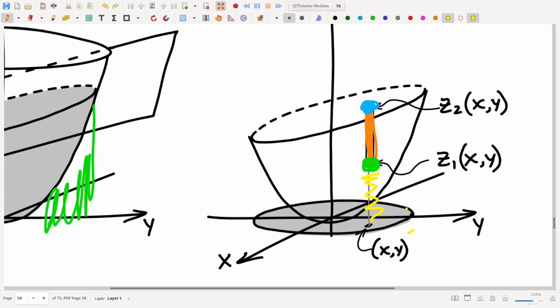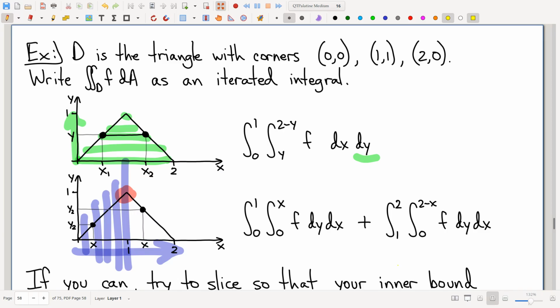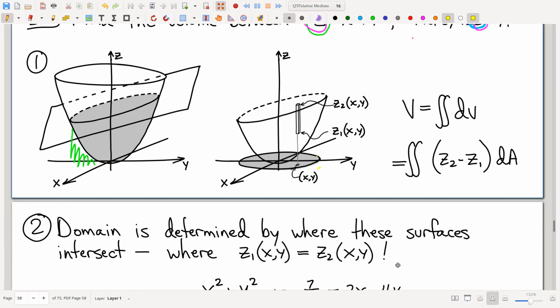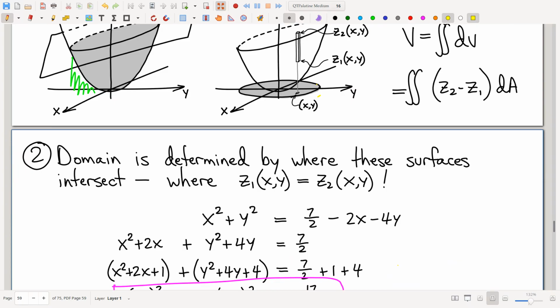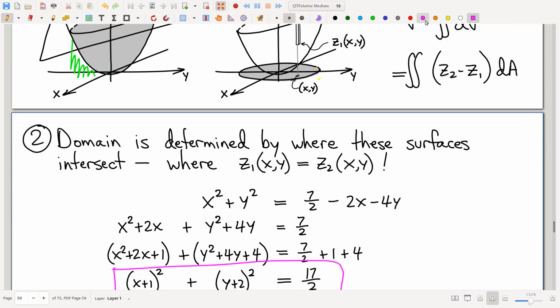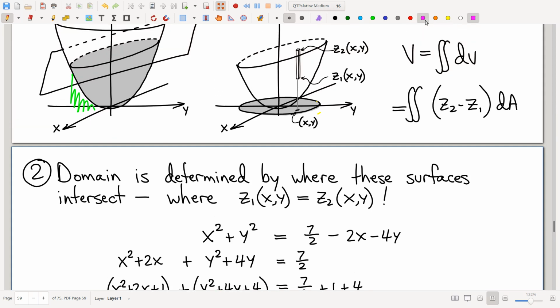Also, we got an equation of a circle, but the intersection is like a rotated circle, right? The intersection of the plane and the paraboloid is like a circle rotated along the